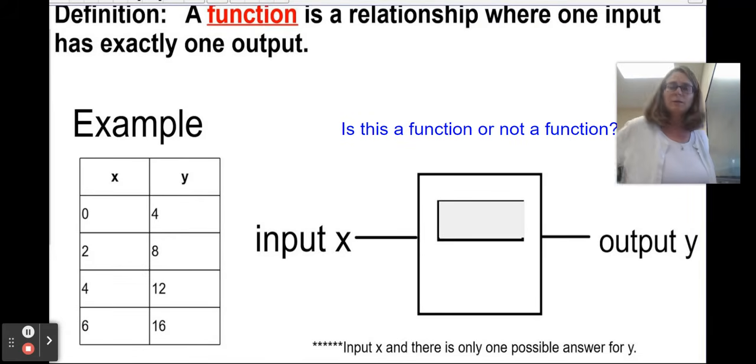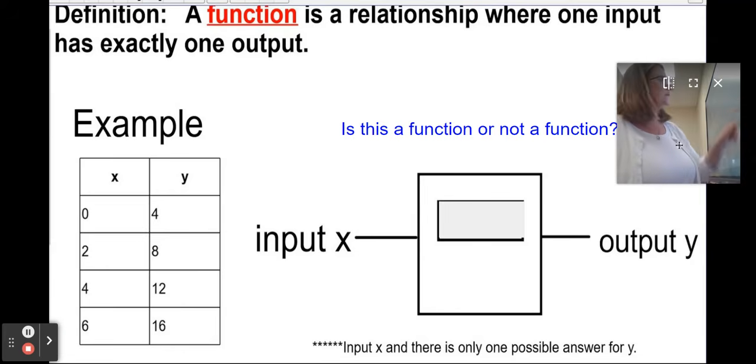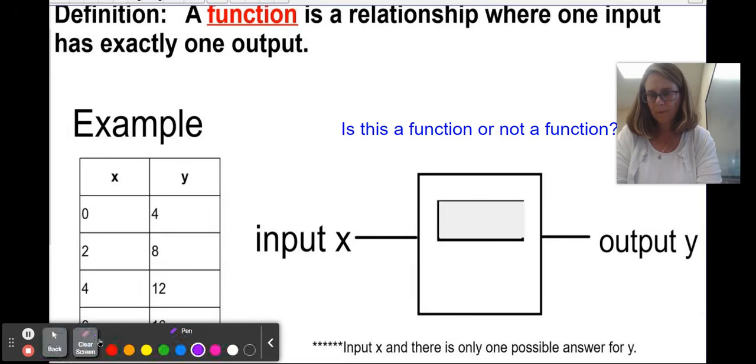Okay, so here is another example. And I put the definition at the top of the screen. A function is a relationship where one input has exactly one output. So there's a table there. And if you look, it says that,